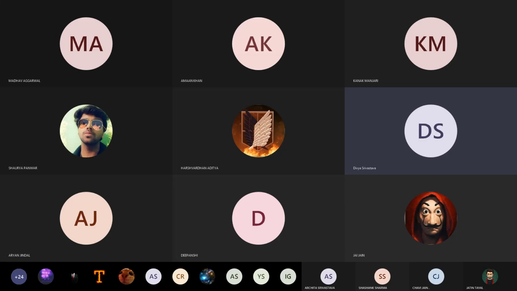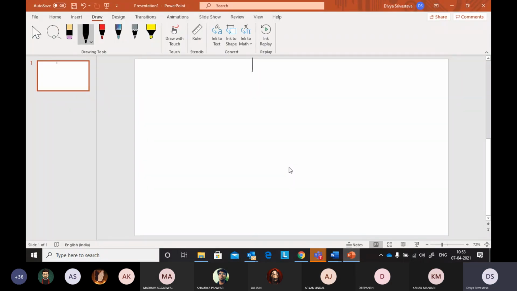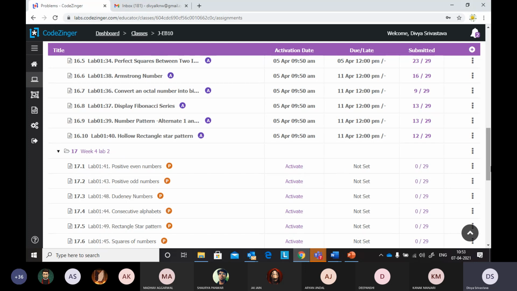Let us discuss a few of the standard questions like Fibonacci series and how we use loops for printing different series, even numbers, odd numbers. If you find any difficulty, you can ask me there itself. Okay, how we are doing it. So let us first see, there was a question in the last lab.